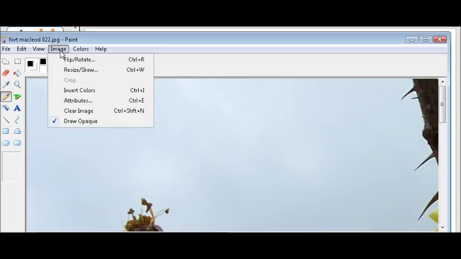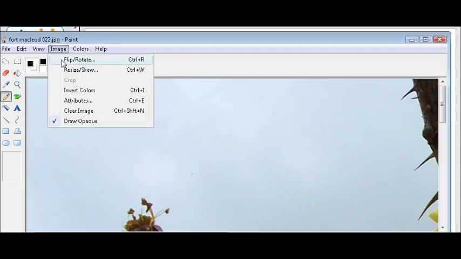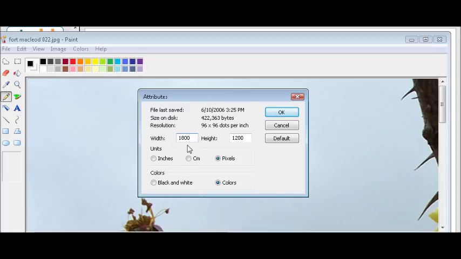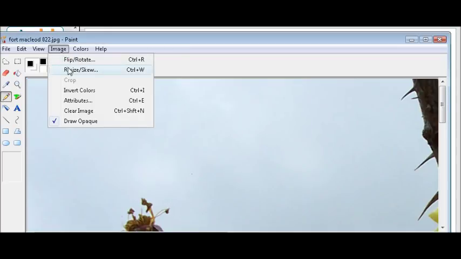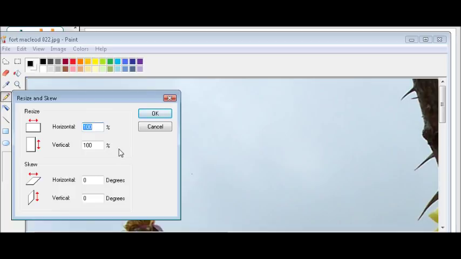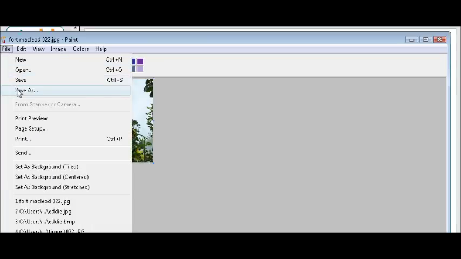So what you do is you go to Image and you go to Resize Skew. Well, first of all, let's look at the properties, the attributes, and you'll see that this image is 1800 by 1200 pixels. So that's far too big. So let's make it 15% of that size. All we do is go into Resize Skew and do 15 by 15, and that's now the size of it. So we'll save that. Do a Save As,